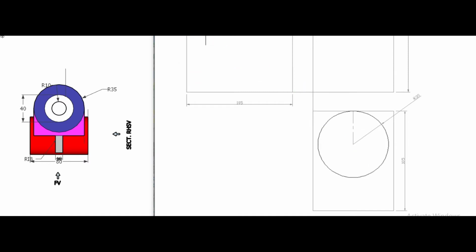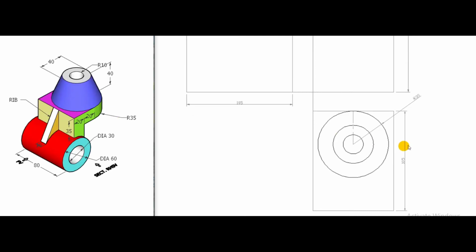Then draw the inside circles, one of 10 millimeter and another of 20 millimeter radius. So these three circles are completed. Now we have to draw this portion.